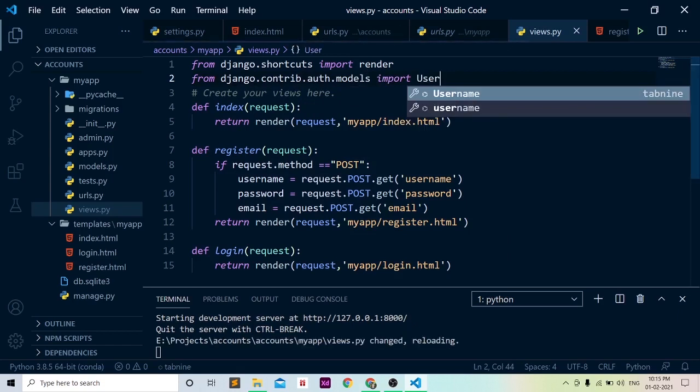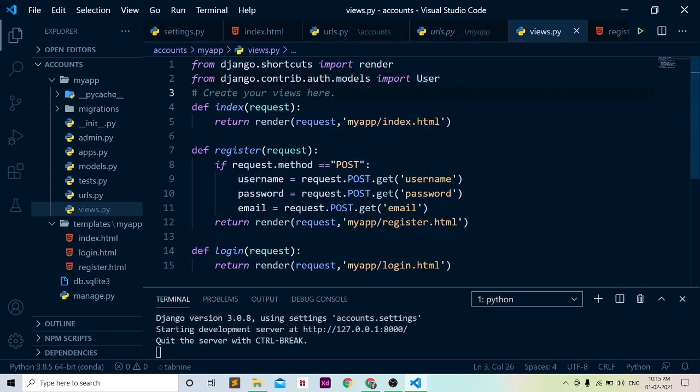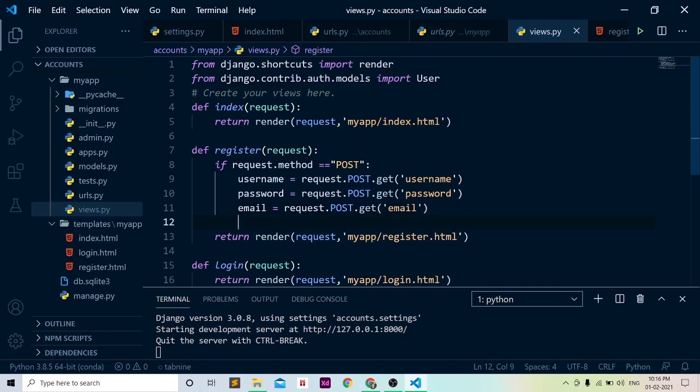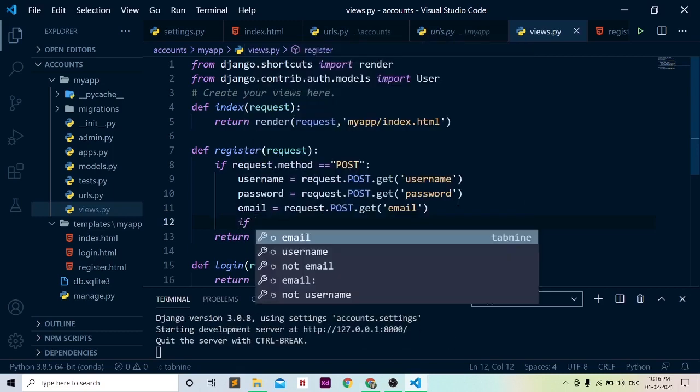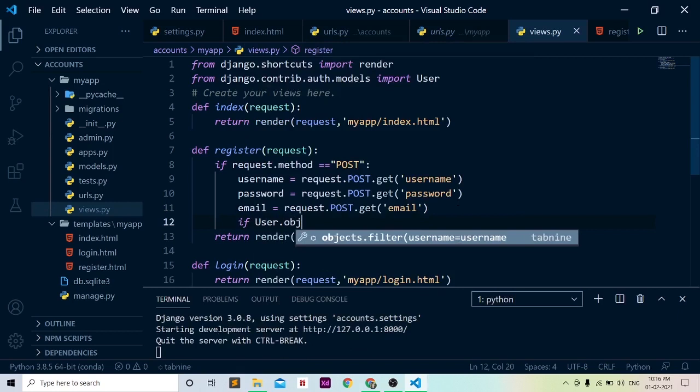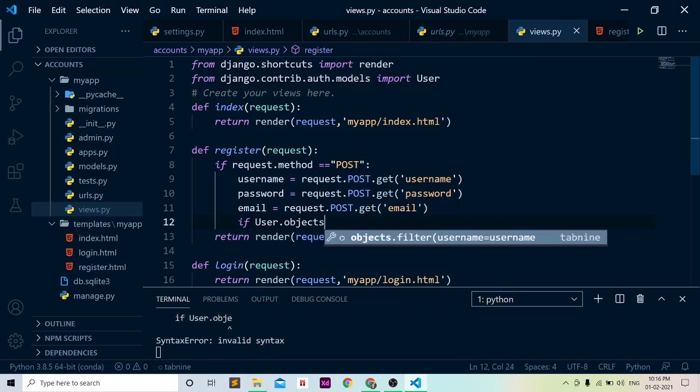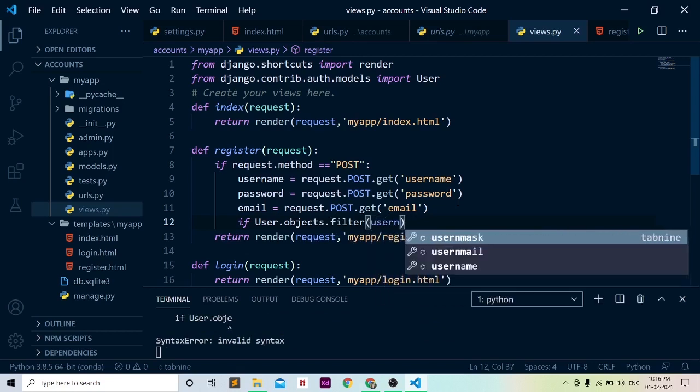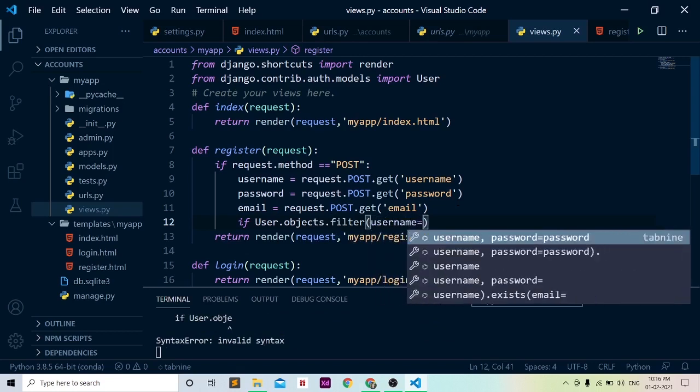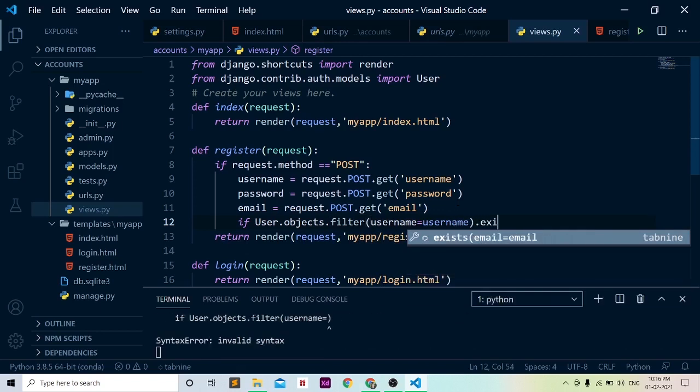So the User model is here, but we have to check first whether the username is already there in our database or not, to avoid confusion. We will check if User.objects.filter, we will filter our username equal to username, .exists.